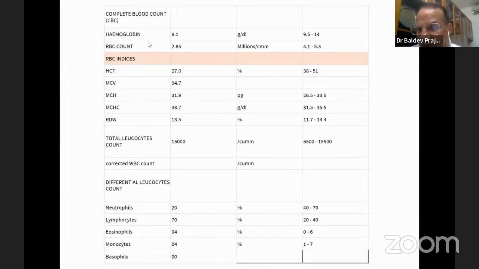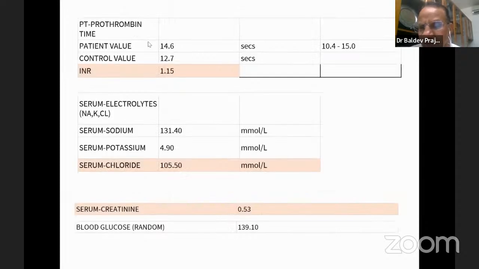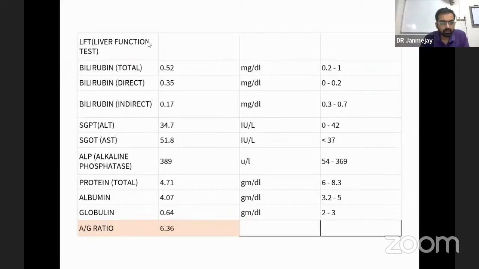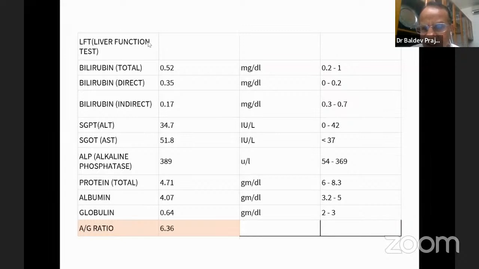Dharmendra, you can go for the interpretation. Is there any significant abnormality of any routine investigations? Otherwise, you can go further. You can make the comment rather than reading these figures. You can make this interpretation. Sir, all routine examination is normal, sir. All the investigations were normal. Yes, sir. Okay. I hope that you are right.